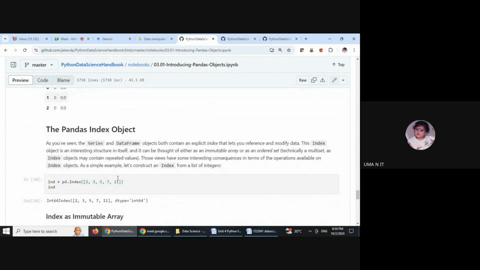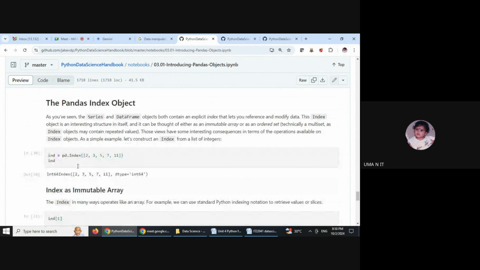And then what can we do with the pandas index object, in a data frame or in a series? See here, we can extract the indices alone in pandas. P.index will be given. So this will be copied in your index, so that your index will be 2, 3, 5, 7, 11.